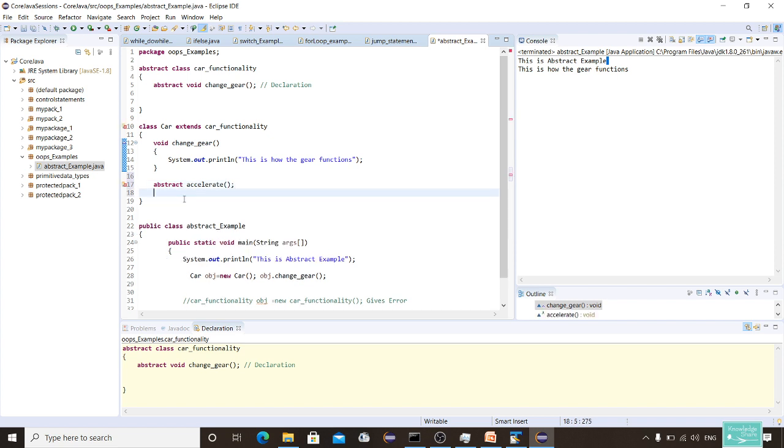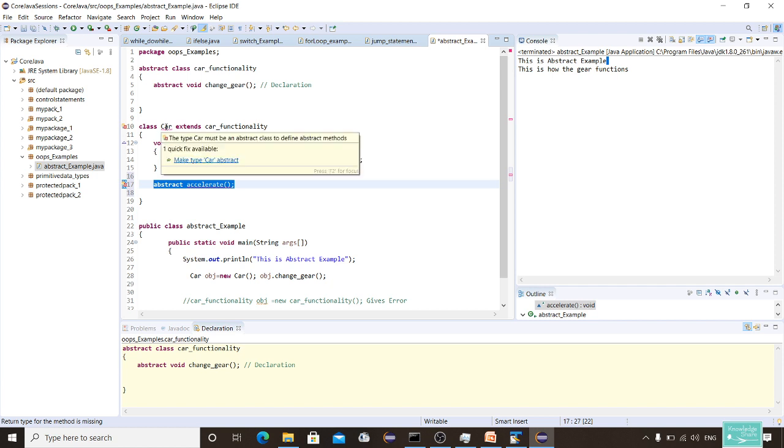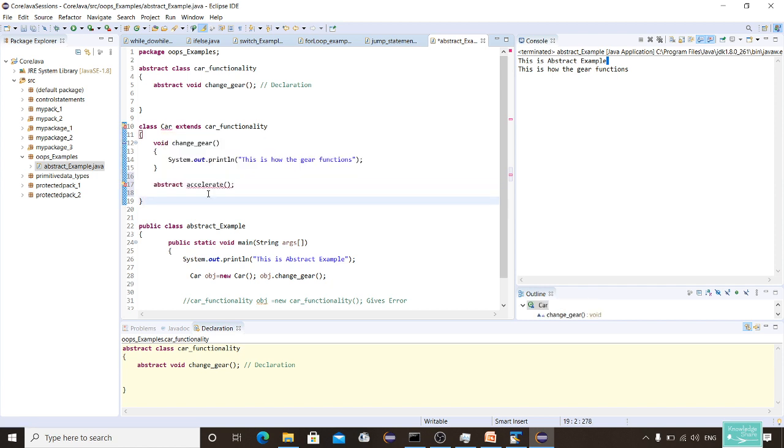Okay, now see, this abstract method is created here which does not have any definition, and it gives you an error because, as I said to you earlier, an abstract class should have at least one abstract method. Since this is an abstract method, see the error, make type car as abstract. It's giving this error because it found one abstract method.